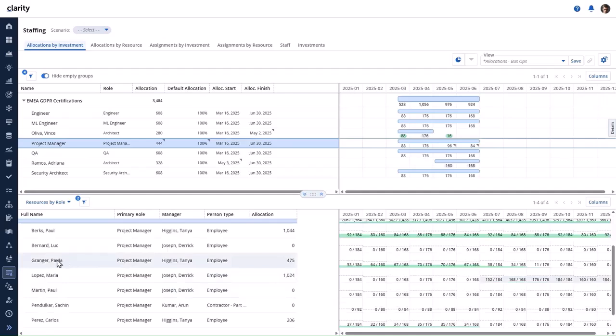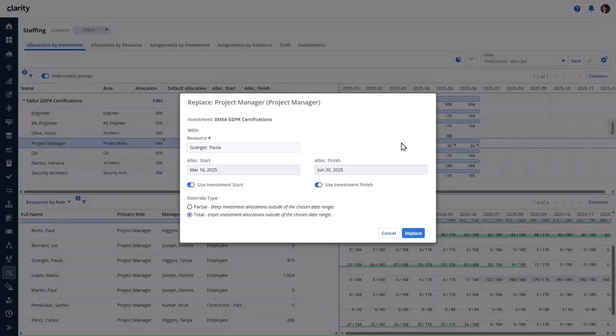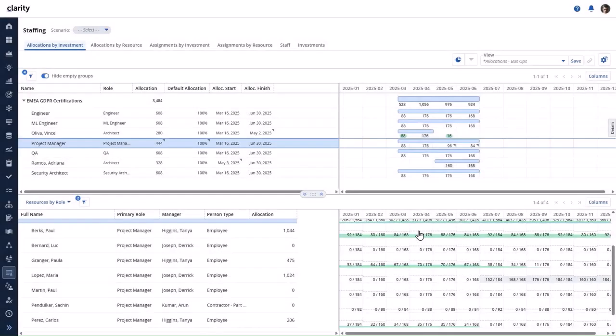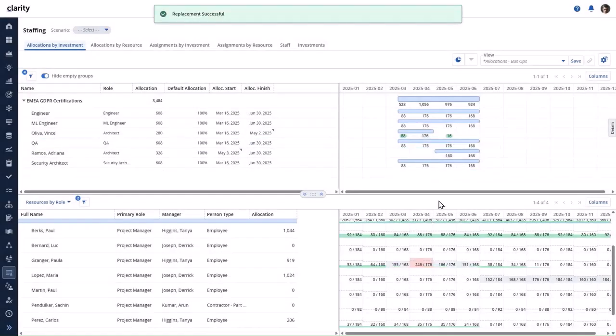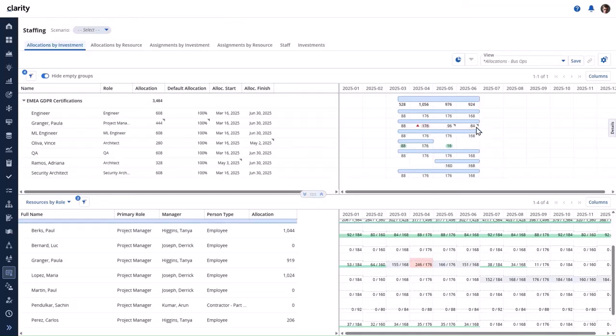Paula looks like she is available. Let's drag her name up to the project manager role. Because we want to fulfill the total allocation, no changes are needed in the dialog. The replacement is successful. Paula has the properties of the modified role request, and the role is removed from the